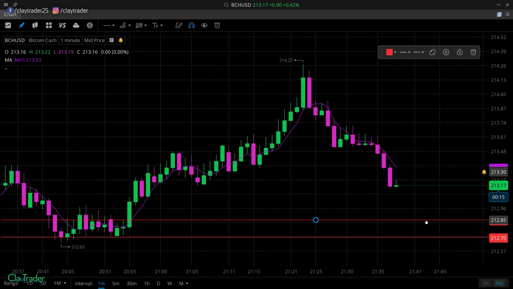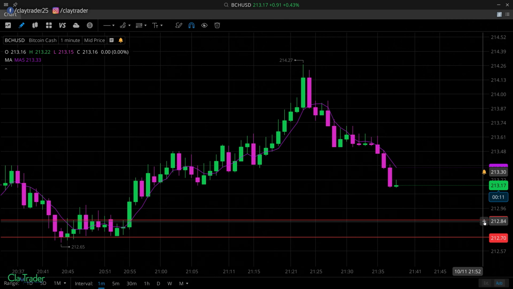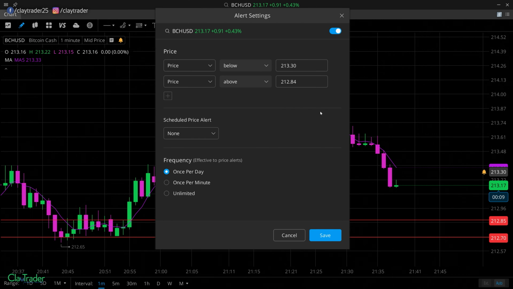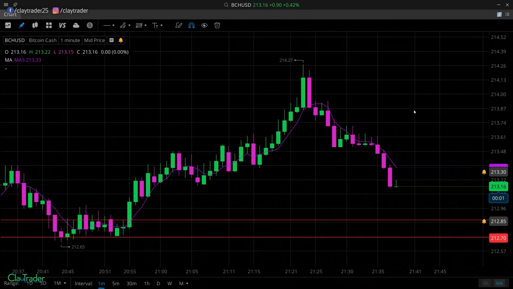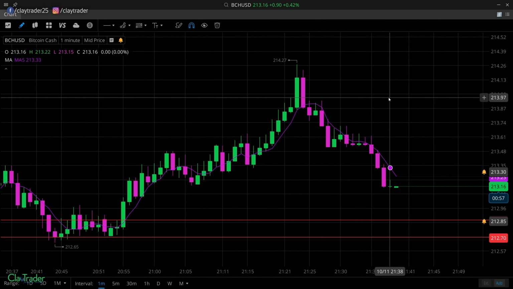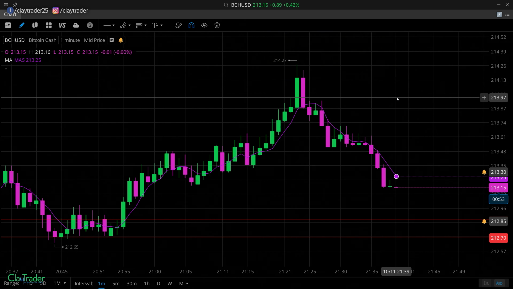So in this situation right here, and again, it can be very quick, come over here, see that plus sign. So plus sign right there, click on the plus sign, create alert. Right there, 212.85 is the level. And again, we want in this situation below. So right there, you would click it, and you can see that you're now gonna have an alert down at that area. So point here being is you want to make sure that you've identified,